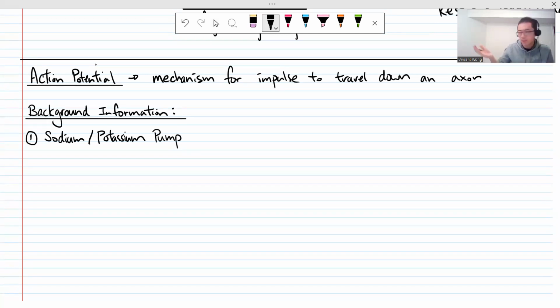If you were with me last semester, I briefly talked about the sodium potassium pump during membrane transport. If you don't remember anything about it, that's okay. So the sodium (Na+) potassium pumps